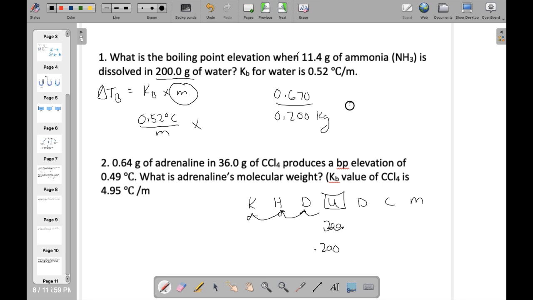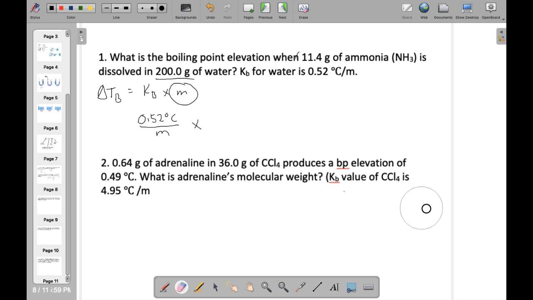Now we divide this to get moles. We divide this to get molality. And our molality equals 3.35. Now, if we just multiply this, these units cancel, and my answer is 1.74 degrees Celsius. That is how much the boiling point will raise if I add 11.4 grams of ammonia to